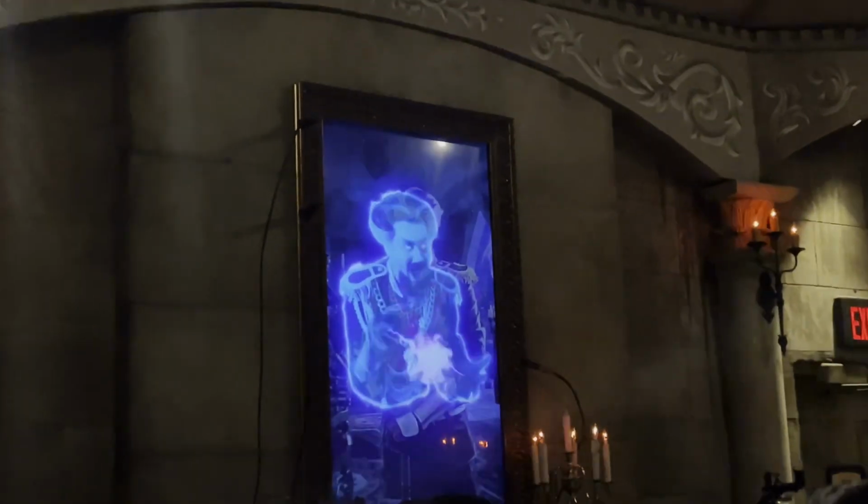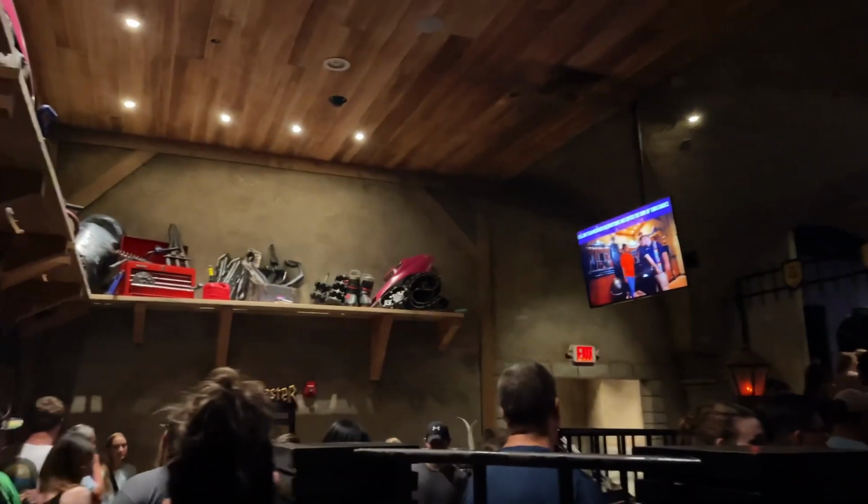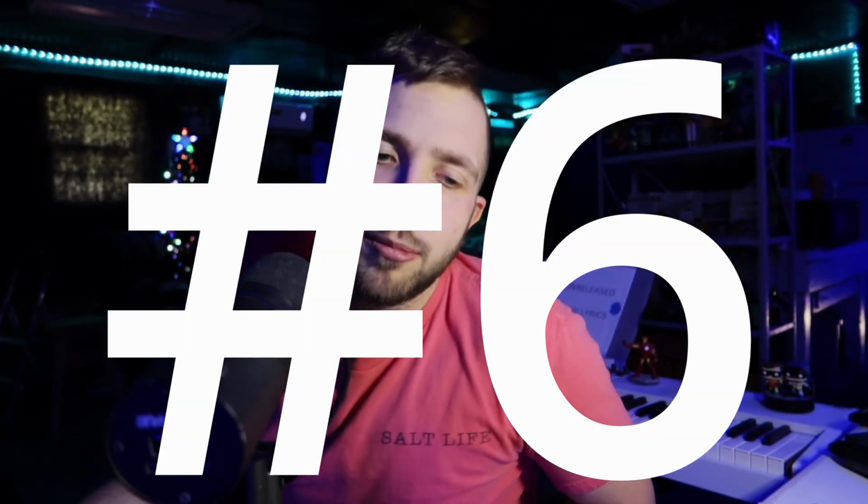But I will say the theming around the coaster is awesome. The station is awesome, and the fact that we have a ride in that building is awesome. I felt a little bad putting it all the way down to 7, but it is what it is. We love Dark Coaster. We're so glad that we have Dark Coaster. Coming in at number 6,